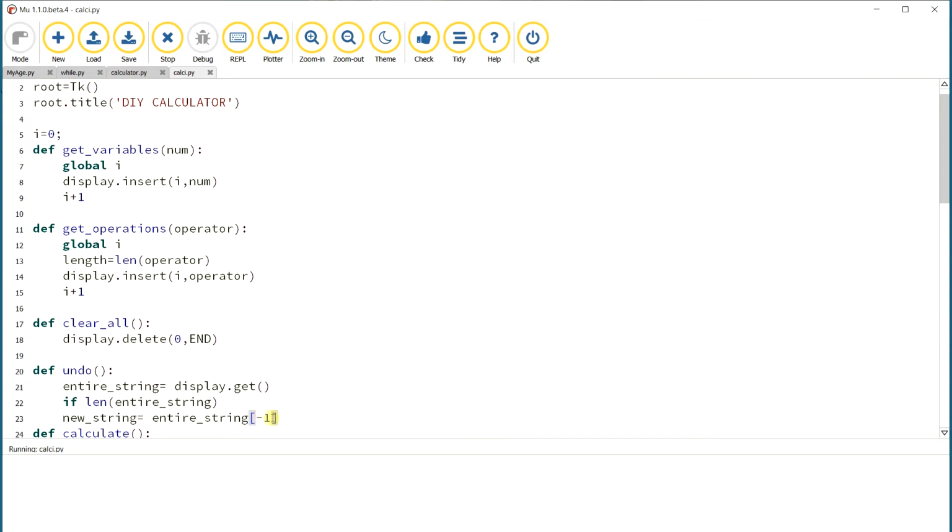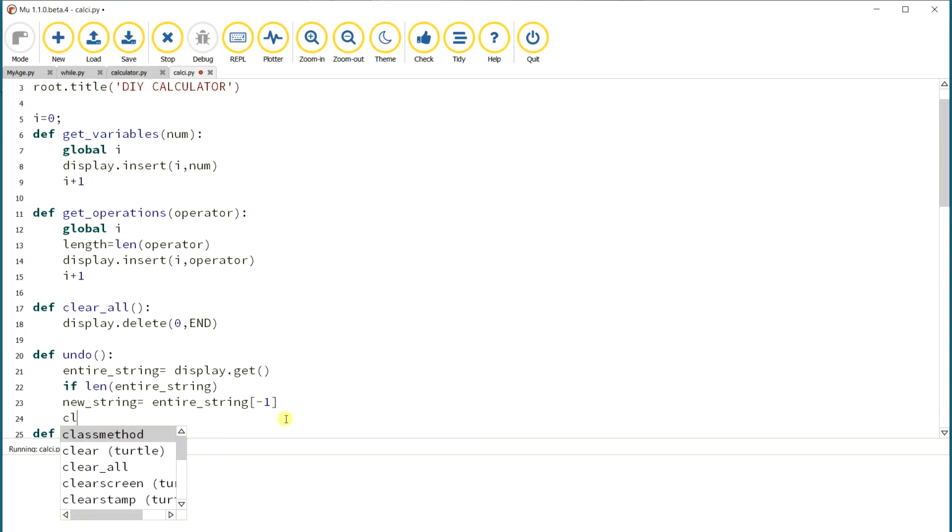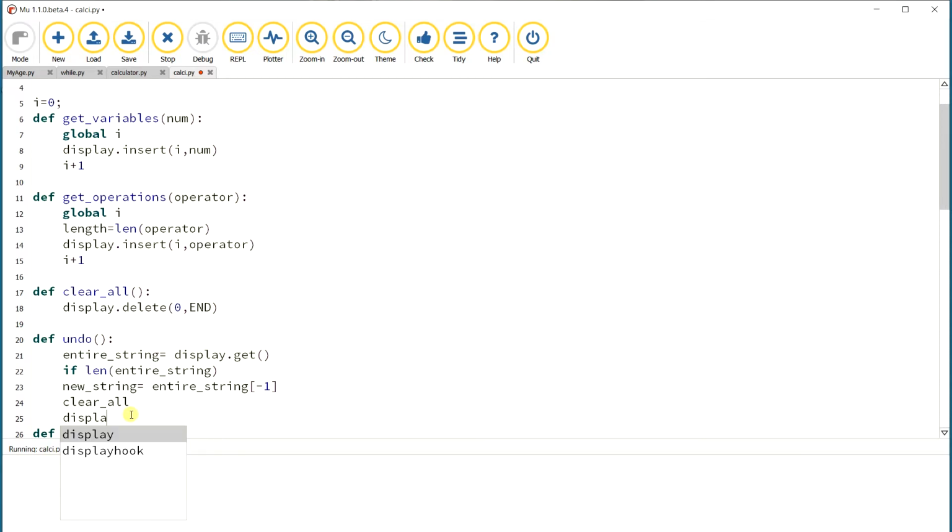So entire string minus 1 means it will delete the last input, the last character of the given string. Here the expression is taken as a string, so the last input is deleted. Then we are going to clear all. That is, everything in the entire string will be deleted and the new string will be displayed. So in the display line, we are going to insert 0, new string. It will be easy to understand.